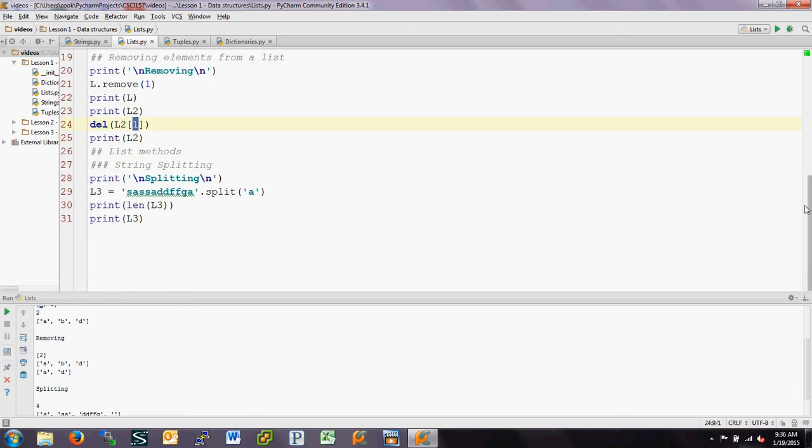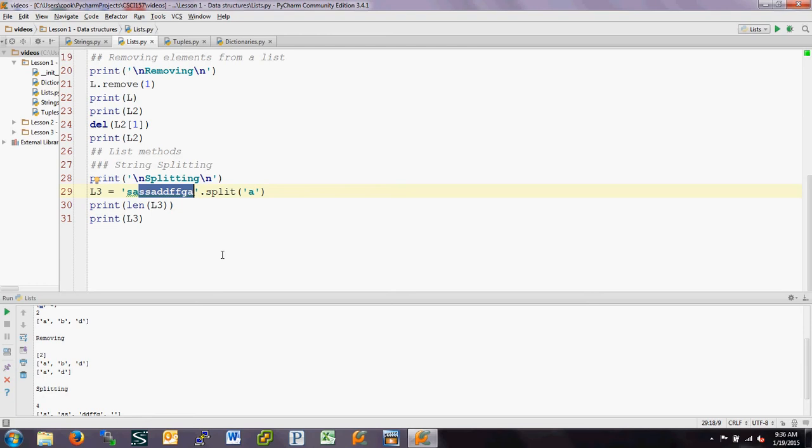And then finally, you can do a split on a string, and that will return a list. And you can split on any character or any string that you want. So in this case, I'm splitting this string on the letter A. And so what it's going to do is go through and look for a single occurrence of the letter A. And then it will split. It'll take everything before that A and everything after it, and make those into two separate strings and put them